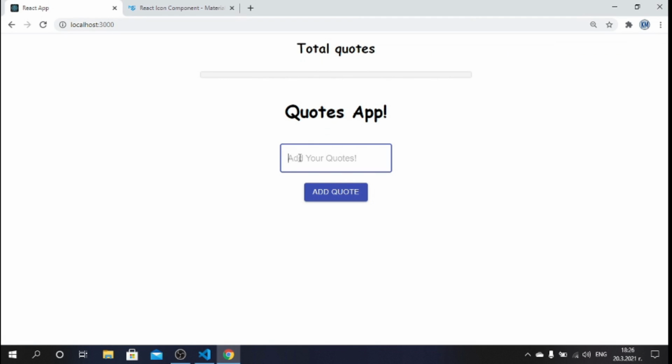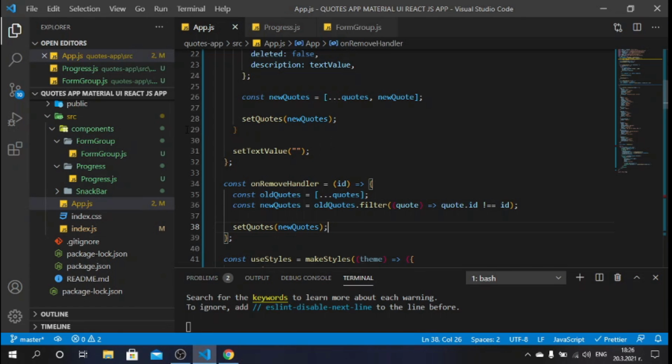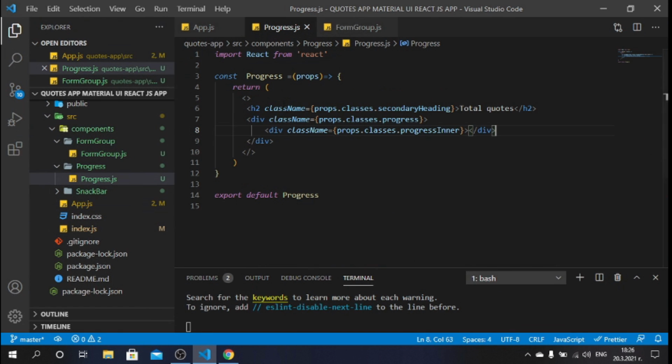Open my browser, type something, add the quote, click the trash icon, I can delete the quote, so it's working properly. What is not working right now is the progress bar, and we don't see our total count. So to do that, what we can do, we can go back to our progress, and here